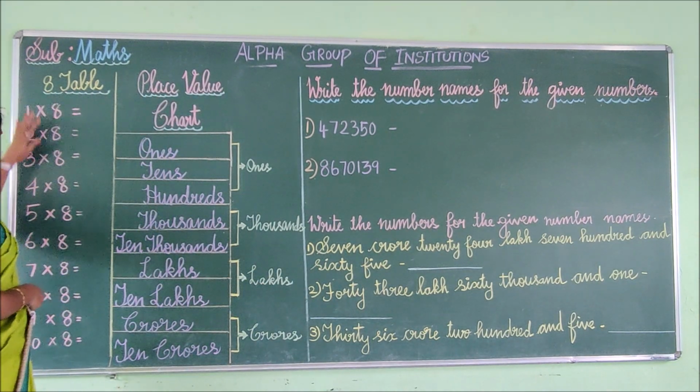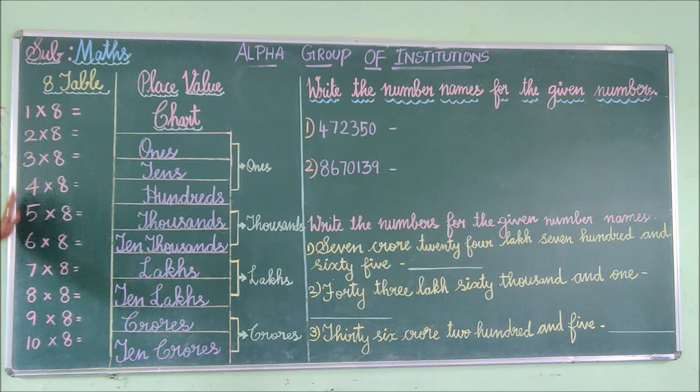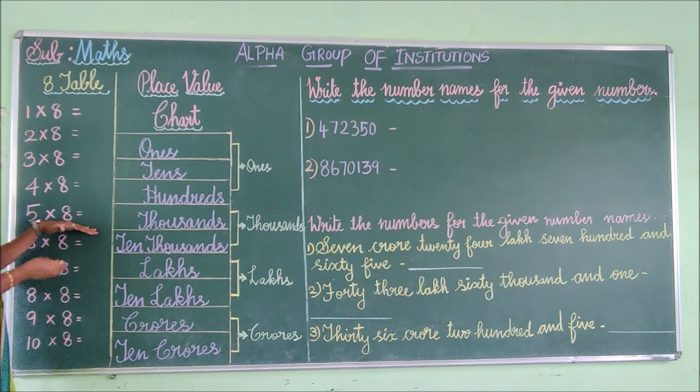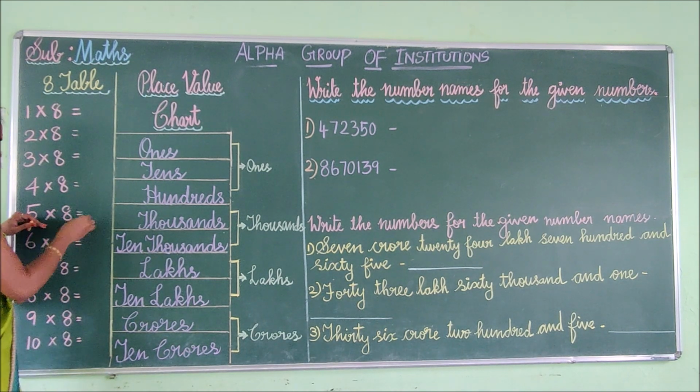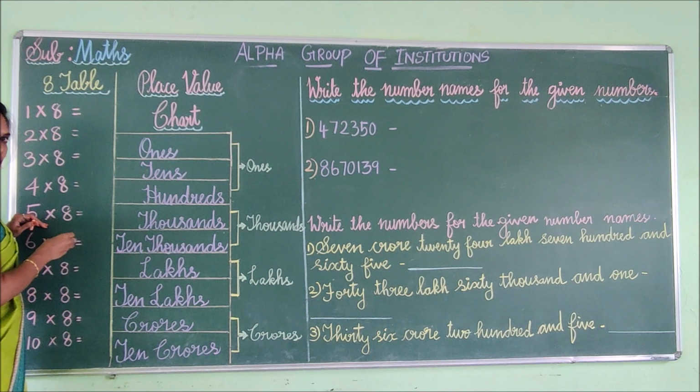So here I have written the 8 table's questions. We are going to fill the answers now. First I am going to split into 2. This half and this half. Up to 5 and here we have 10. So I am going to split up to this. You have to start from 0. We are going to fill the ones place value.